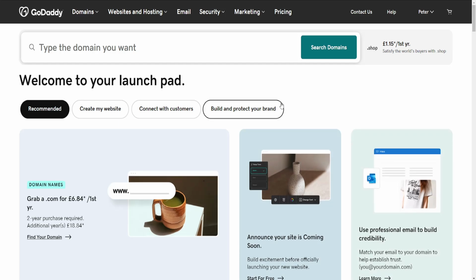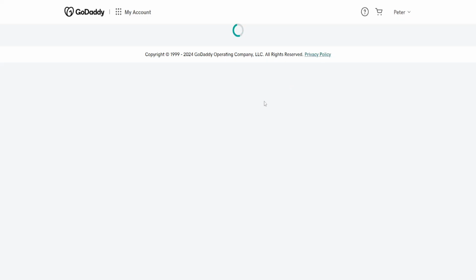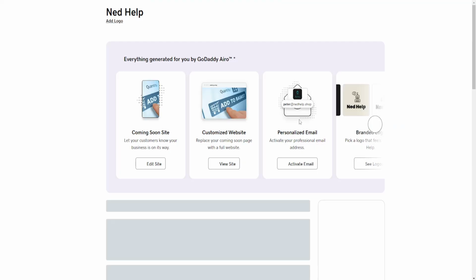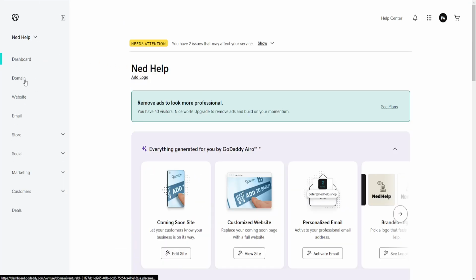How to sell your GoDaddy domain. So the first thing that we need to do is load up the GoDaddy website, click on your name in the top right corner, and then go into My Products. Now here we will find the domain which we want to list or sell right here, and just click on Manage. Now this will load up a new page, and from the left hand side we want to select domain,